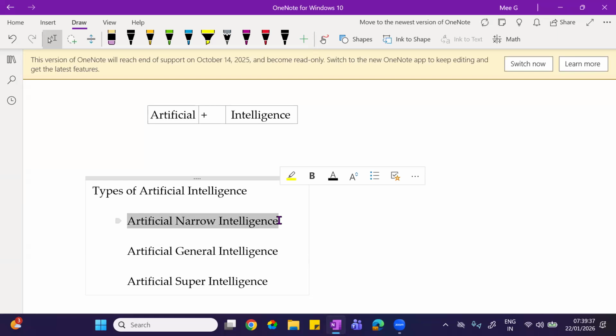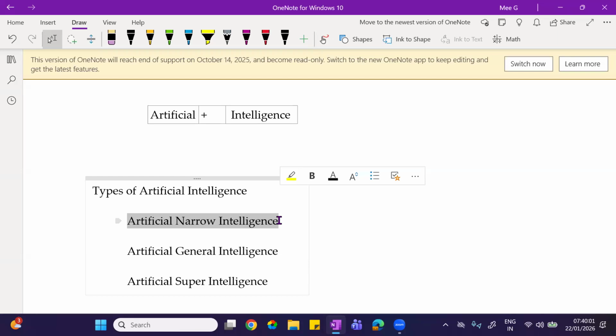When it comes to general intelligence, you can consider them as equally intelligent as humans. And the third one is super intelligence, which is far superior compared to humans.